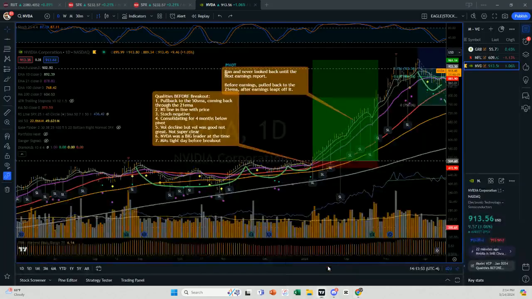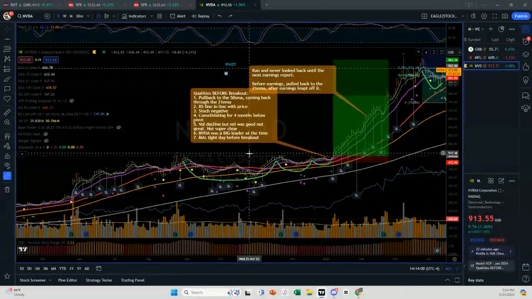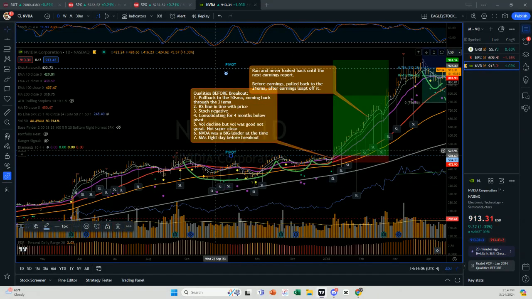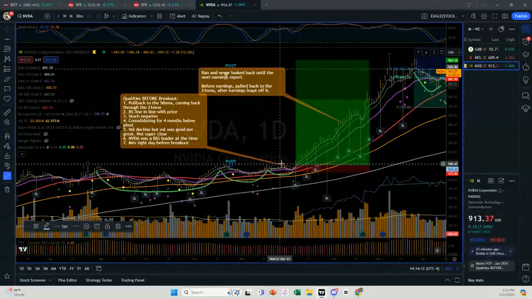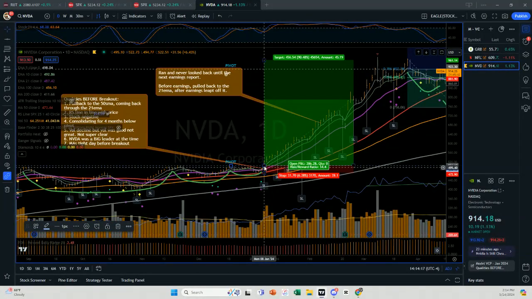So if we come back over to this and we zoom in a little bit, this line right here, and I thought that I had put the template on. The template that I have just makes it that same shade, but puts the word there. So this is the pivot. I want it to be hanging out below that level, wherever I draw the pivot, for at least 3 days, because then